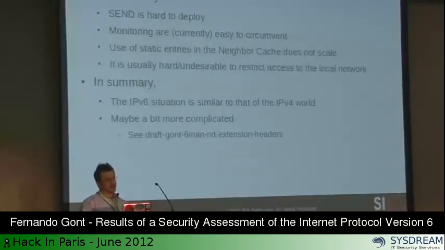I talked before about monitoring tools. The problem with those tools is that they are very trivial to circumvent. And the reason for that is that, as I said before, neighbor discovery packets can be fragmented. So essentially, you can apply the same techniques that we all know from the IPv4 world, just fragmenting the packets so that it's hard for a device that is on the link to actually monitor those packets.